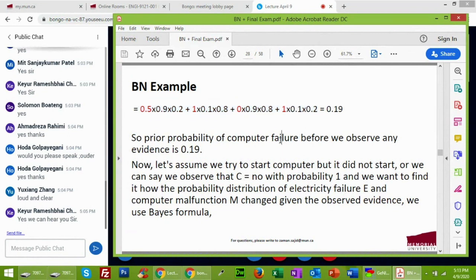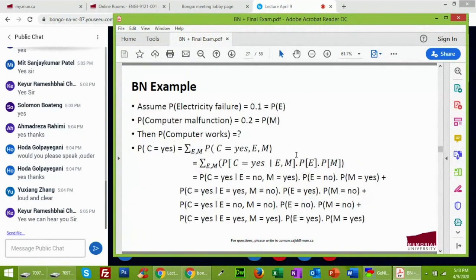Once you solve this algorithm, the value you find will be, of course, the probability value, which is 0.19. This probability value is basically what we call the prior probability. I'm going to stop here, and if you have any questions, please ask me.